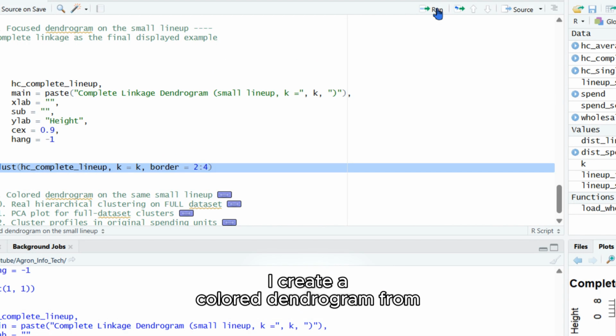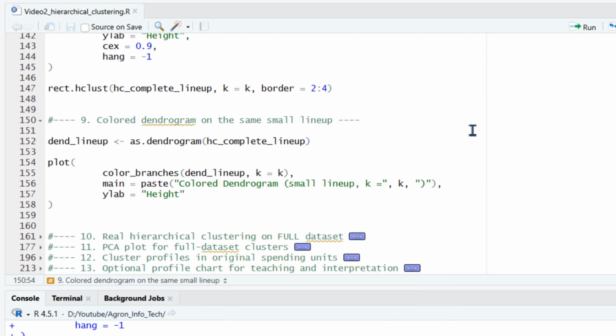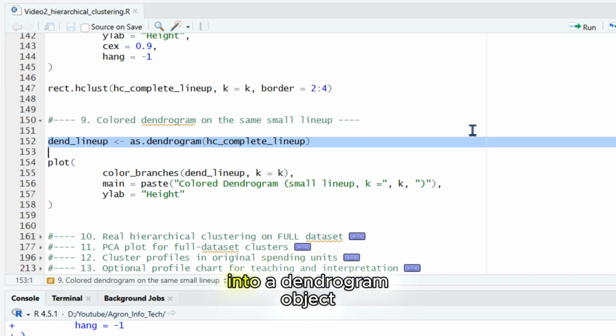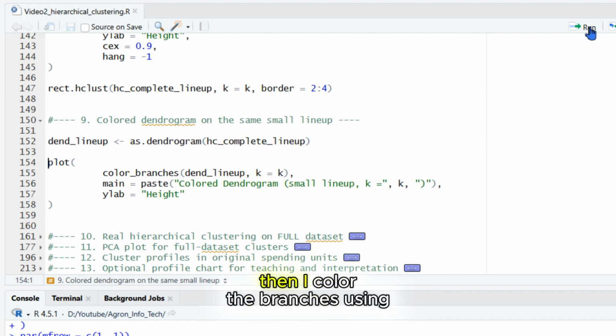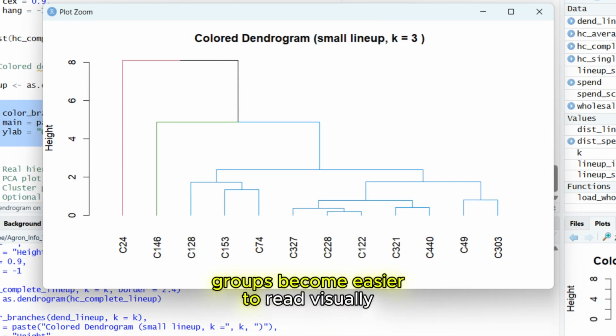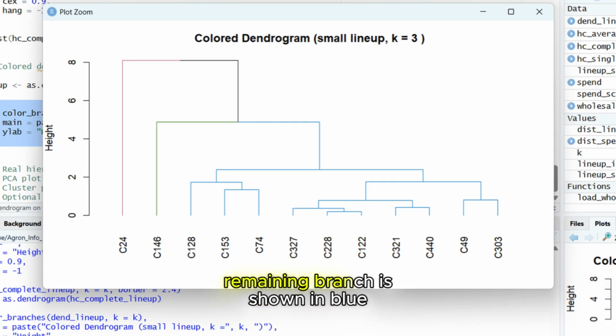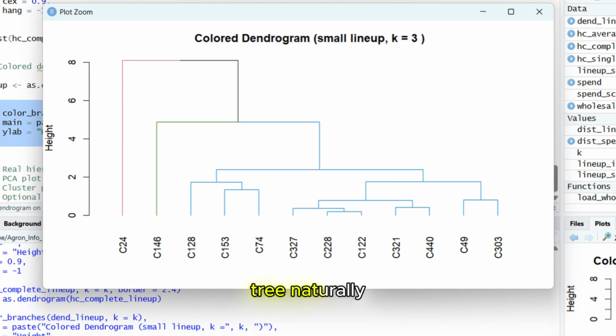After that, I create a colored dendrogram from the same complete linkage result. I first convert the clustering object into a dendrogram object. Then I color the branches using k equal to 3. When this plot appears, the 3 groups become easier to read visually. One branch is separated in red, one in green, and the large remaining branch is shown in blue. Because the lineup is small, all customer labels remain visible, and the audience can follow the tree naturally from leaves